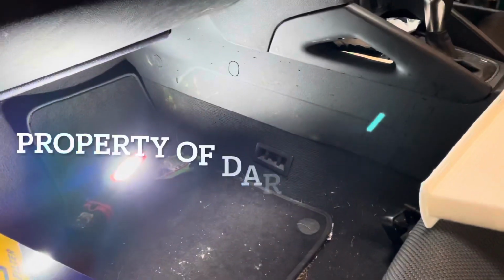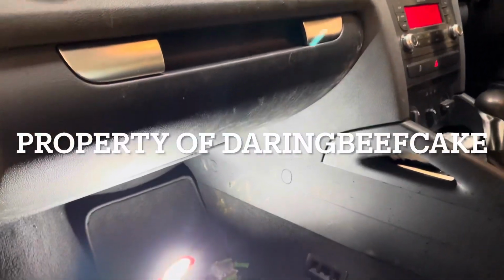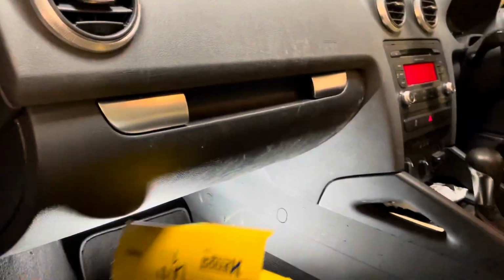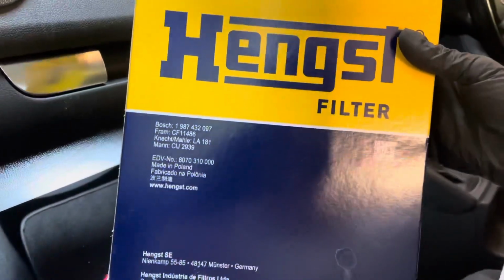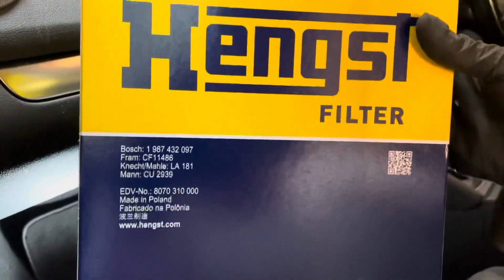Hi there everybody, so in this video I have this Audi A3 2010. I'm just gonna change the pollen filter here. This is the pollen filter I have. Hengst,